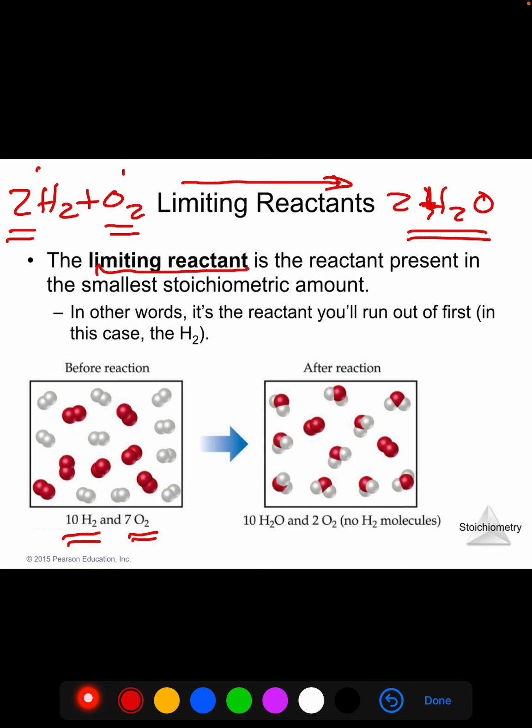I'm going to have an excess of hydrogen, and this is going to get used up, actually. In this case, I need twice as much hydrogen as I do water. I'm going to have an excess of oxygen. I'm going to have some unreacted oxygen because these 1, 2, 3, 4, 5, 6, 7 oxygens can react with, using my molar ratio, if I have 7 O2,